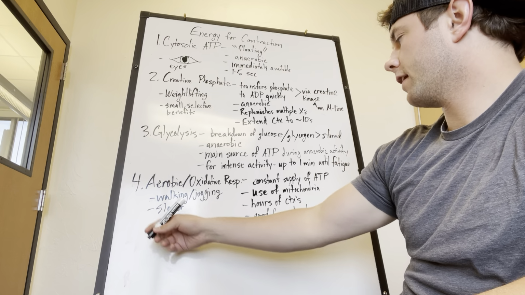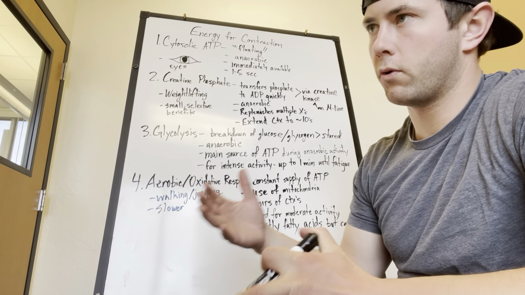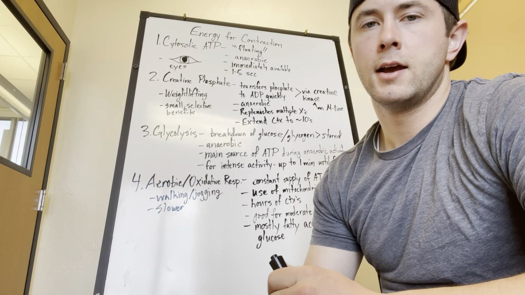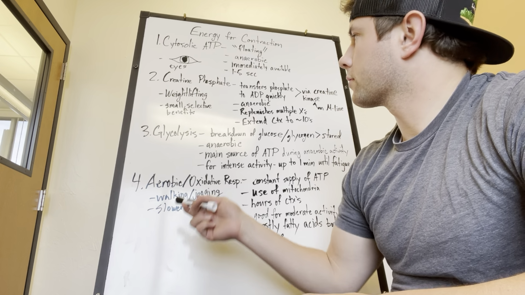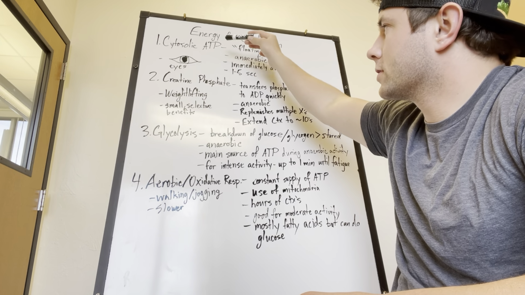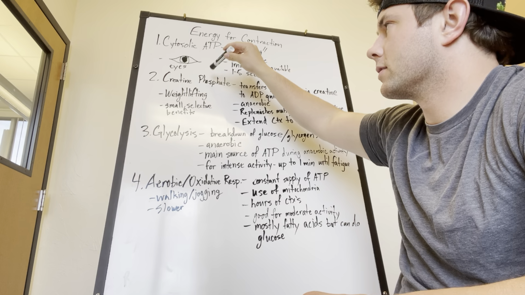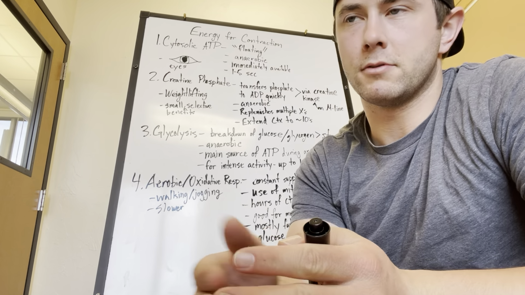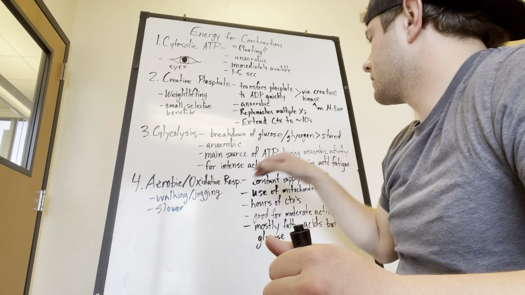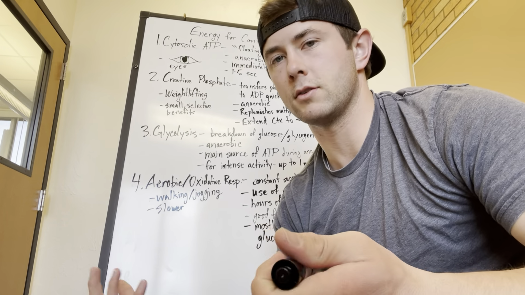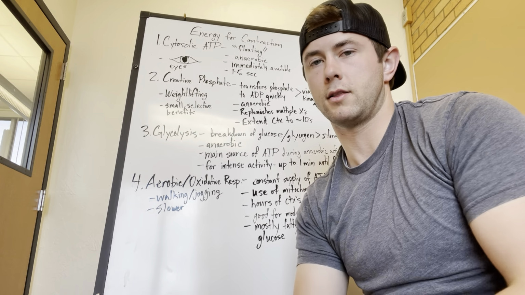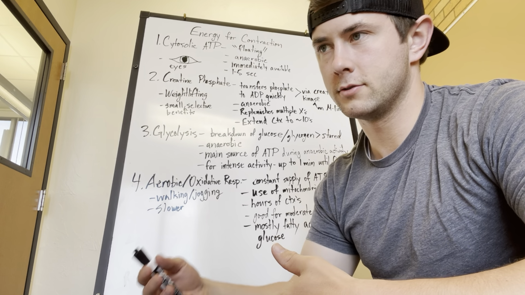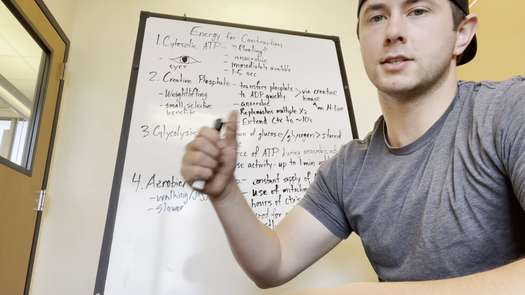Finally, we have aerobic or oxidative respiration. This will be a constant supply of ATP. So in previous sources like cytosolic ATP, creatine phosphate, or glycolysis, you start at a minimum of about 1 to 5 seconds, and we can extend it all the way up to a minute. But obviously we move a lot more than just 1 minute at a time. And so we're going to need a lot more ATP in order for us to get through the day